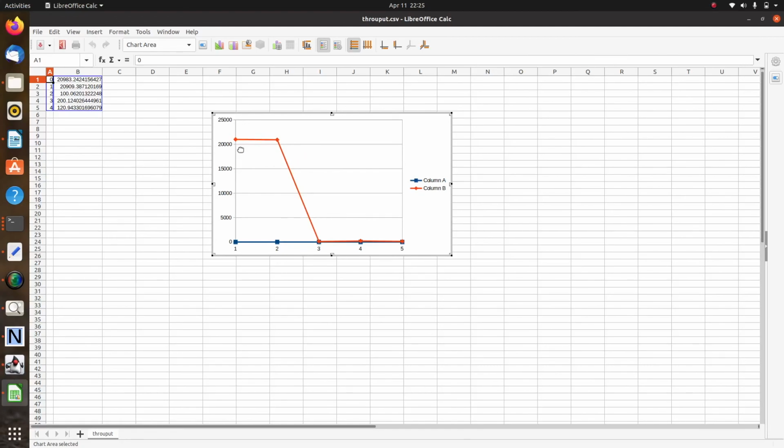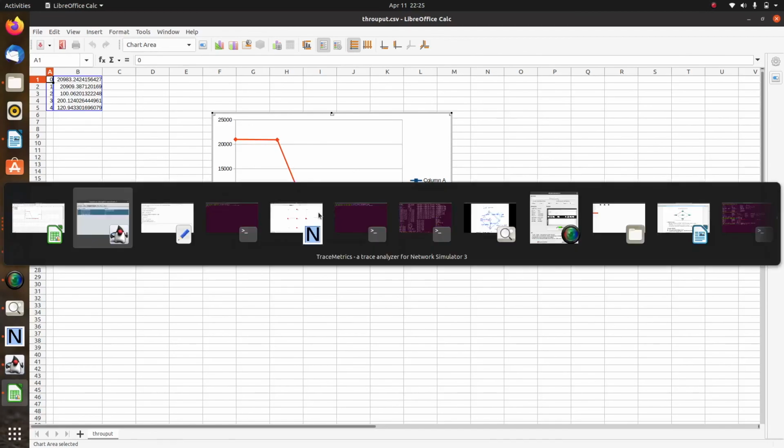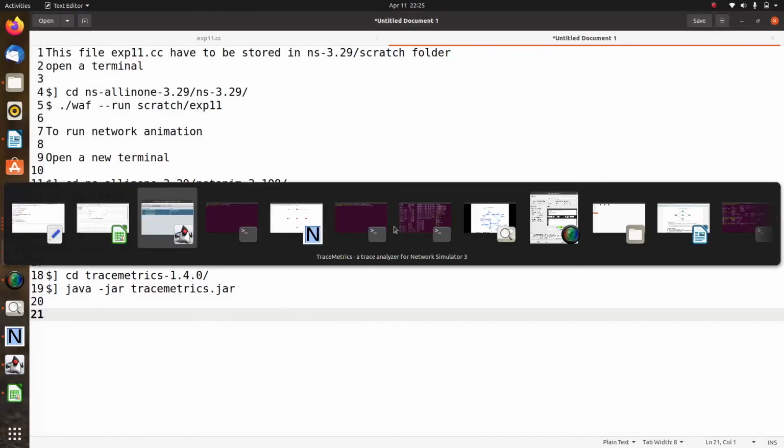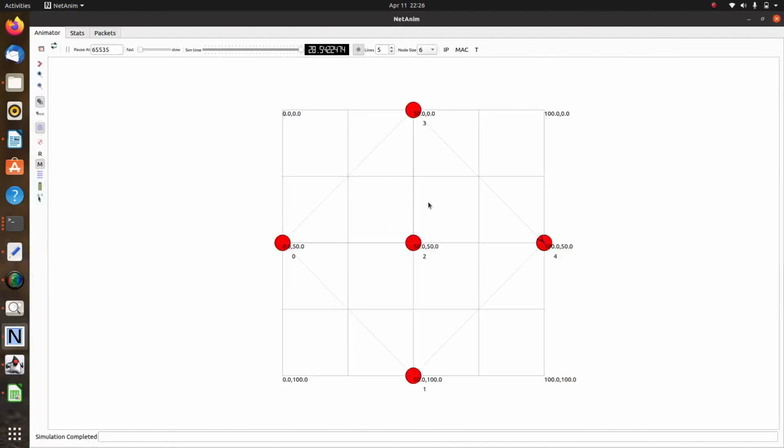That's why this orange color signal shows 20,000 there and 100 in a smaller length. This is the throughput characteristic of this particular network. It's a very simple logic to implement this link state routing protocol, and it can be very easily handled.